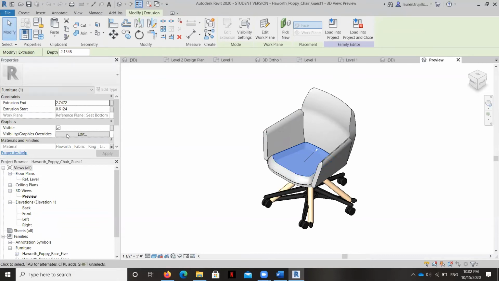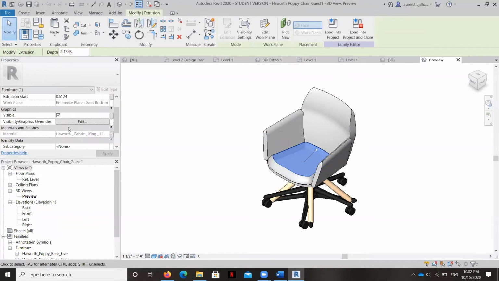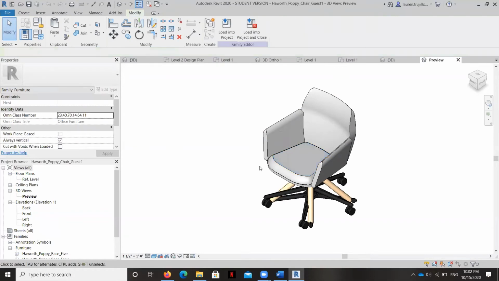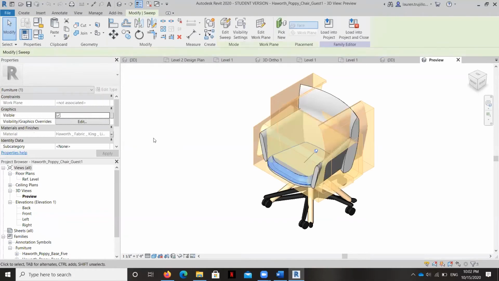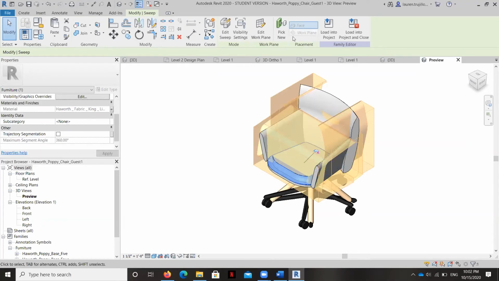And it may not even let me do it. It's not going to let me do it at this level, which is good. Hayworth doesn't want us messing with their families too much. Now, I could unpin it maybe and mess with it some more. See, they don't want us messing with their families. So that's a good thing because that means that they're sort of right protecting these.